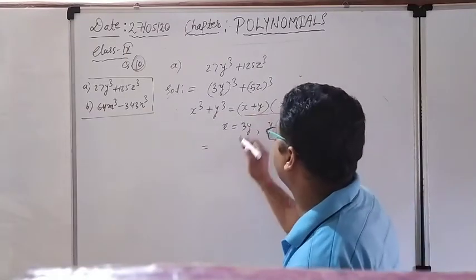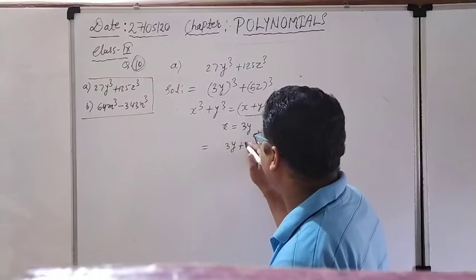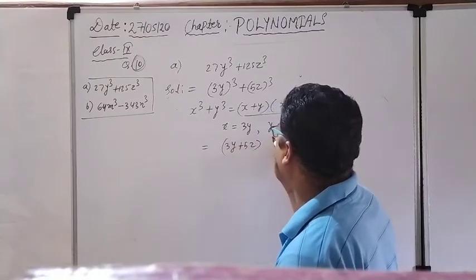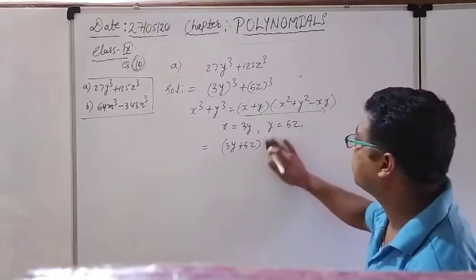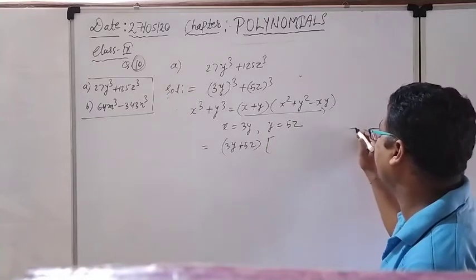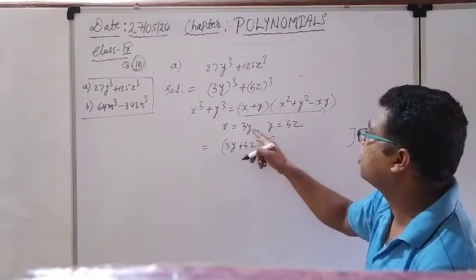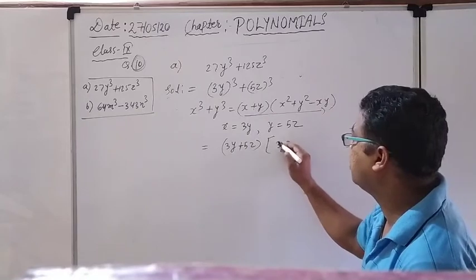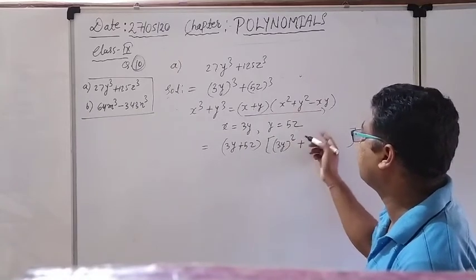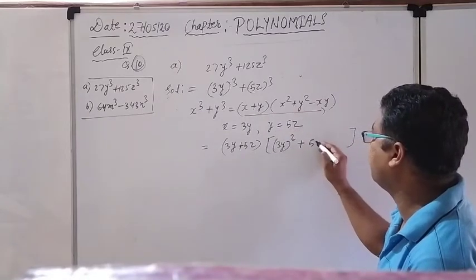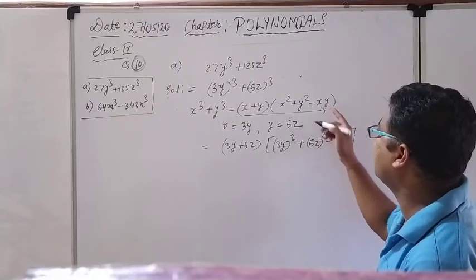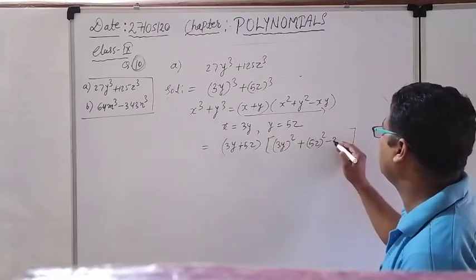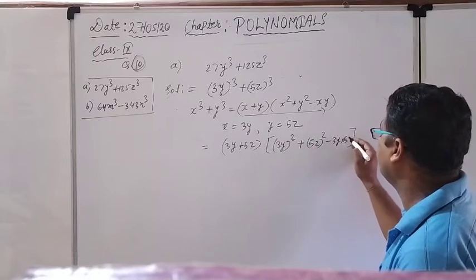Okay, see here, x plus y means 3y plus 5z. Only I am going to fill the values. x square, because x square is there, so here we will take the help of a big bracket. x square, what is x here? 3y whole square. Okay, right now see, plus y square, what is in place of y? 5z, so 5z whole square, minus xy, multiplication of both, so multiplication of both, 3y into 5z.